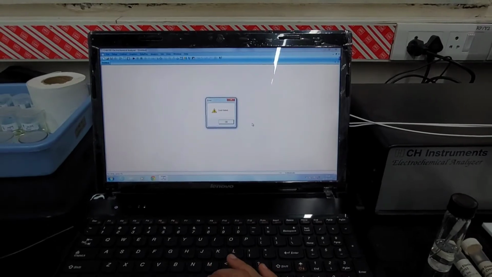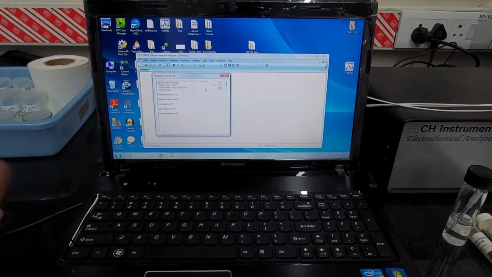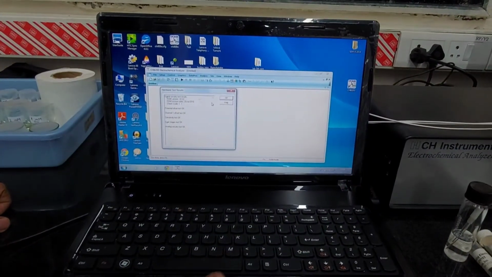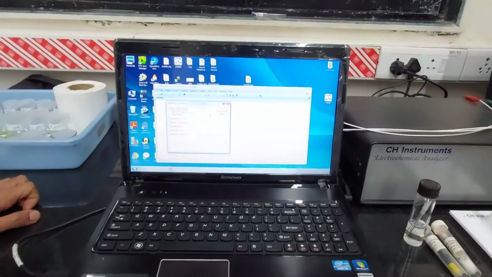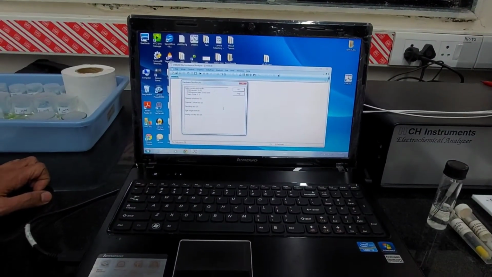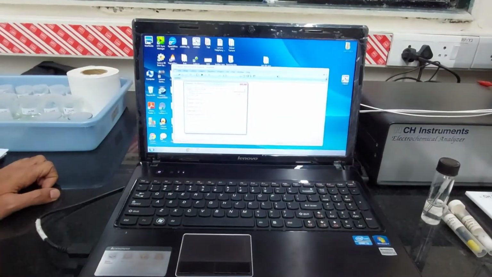So that is to ensure that the connectivity is established between our software and the machine. It's ready. It says okay. All channels are okay. It's nicely established, so we are good to go.